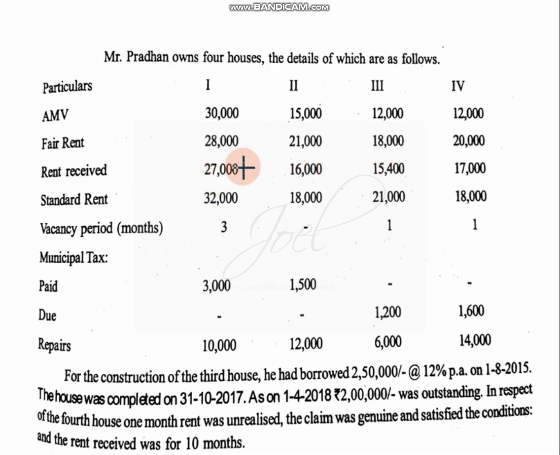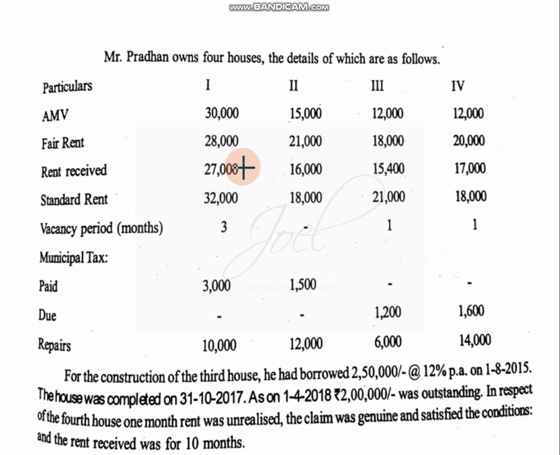In that case, if there is vacancy period, see, listen carefully, when monthly rent is given and vacancy period is given, in that case we are avoiding those number of months. Like for example, 3 months are vacant. In that case we will multiply it by 9. 5,000 into 9 we will do, when monthly rent is given.